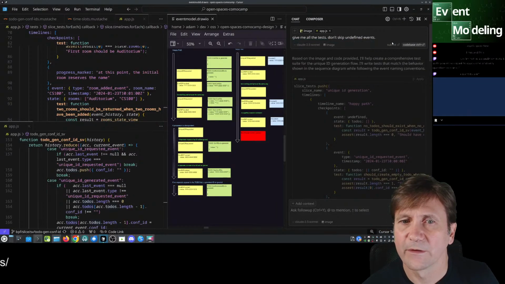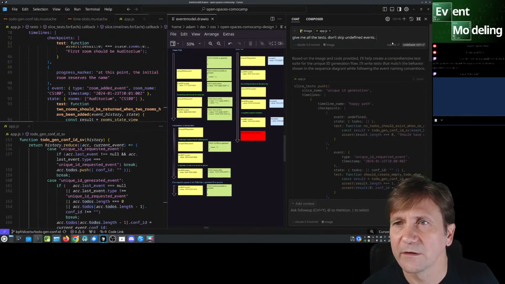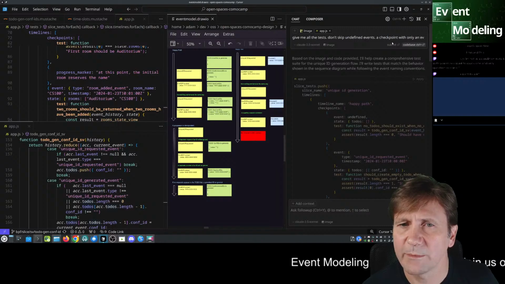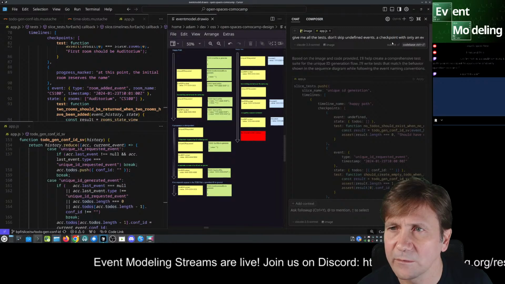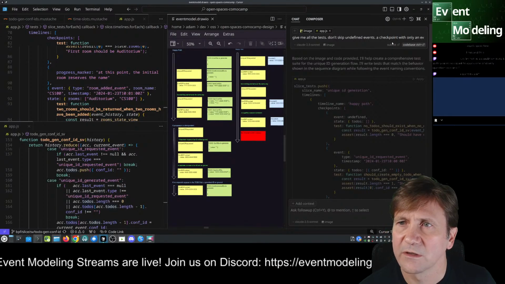Say a checkpoint with only an event. Maybe it can't recognize which is an event, which is a checkpoint with only an event.